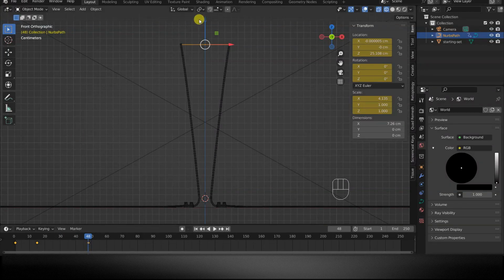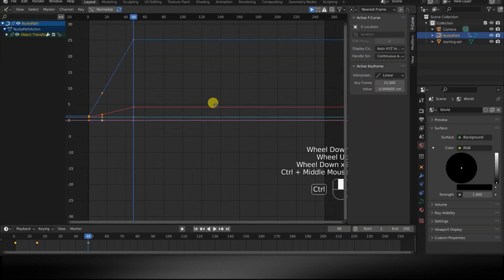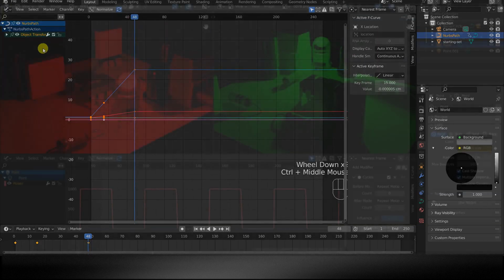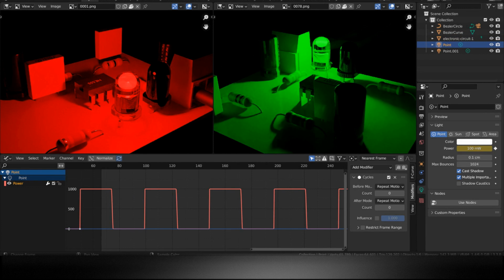To make this animation cyclical for all the frames of the movie, let's open a graph editor window and add cycles modifiers to the animation channels that interest us, namely location Z and scale X. I discussed the cycles modifier for animations in a tutorial I previously published on the YouTube channel, so here I will limit myself to applying it without describing it.